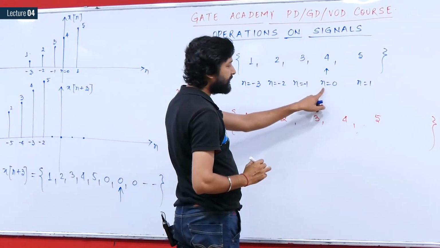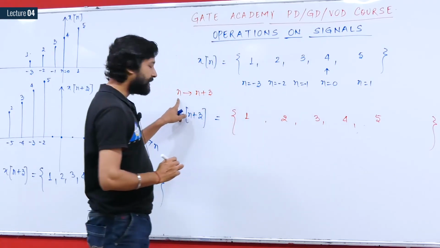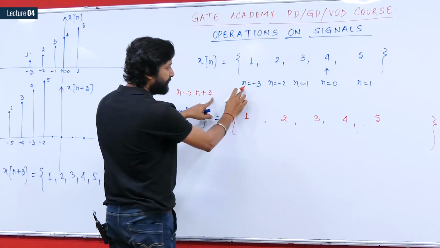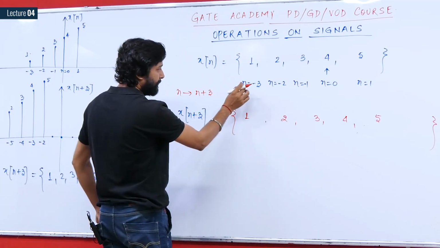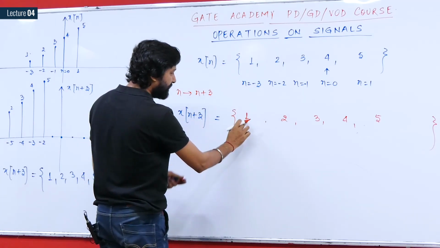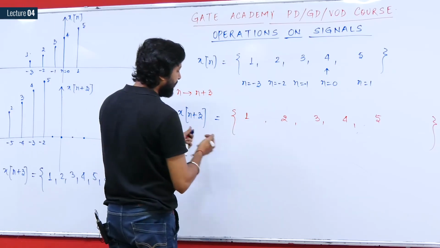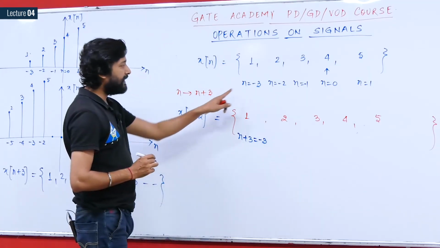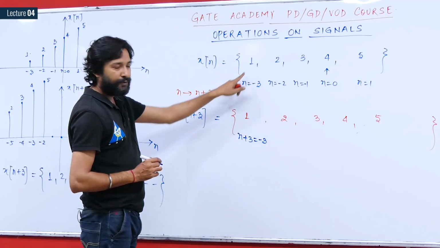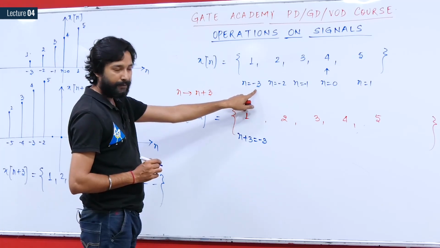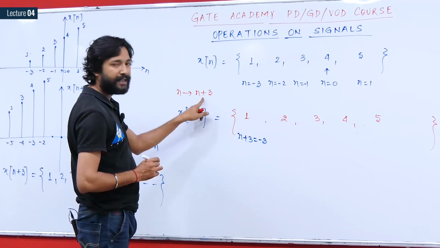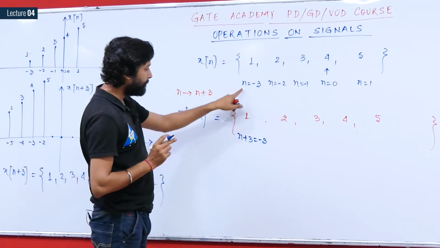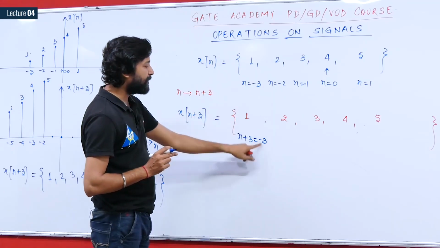but now the values of n are associated differently. Now it is n equals 0, but you have replaced n by n plus 3. Therefore, this point which was previously specifying n equals -3, now this value 1 will occur at n plus 3 equals -3. Earlier this sample value was occurring at n equals -3, but now as we have replaced all n by n plus 3, the sample value will be 1, but now n plus 3 must be equal to -3.